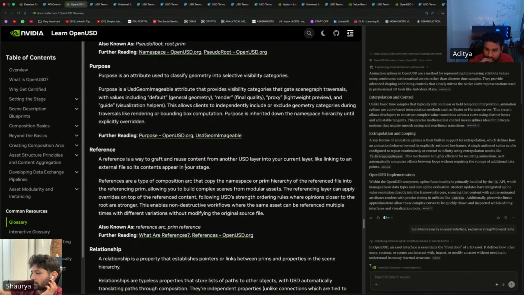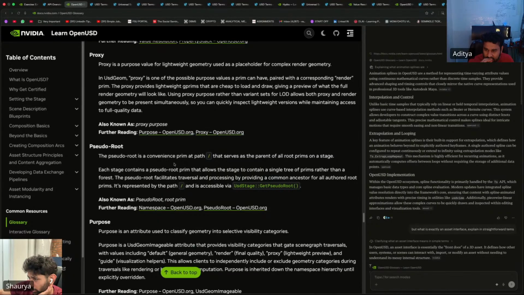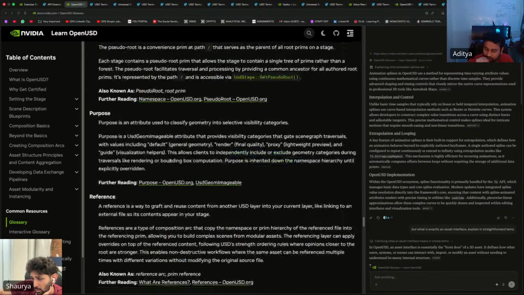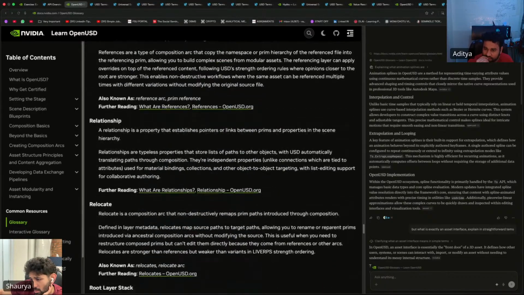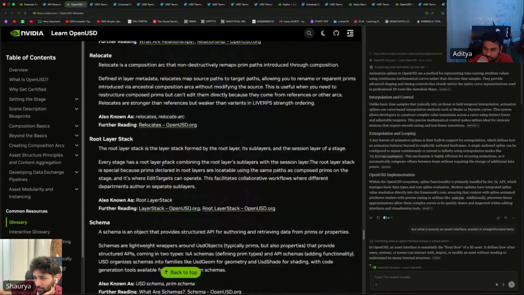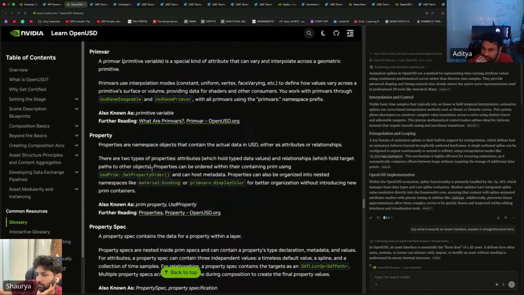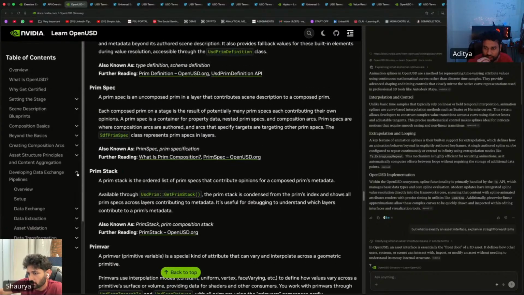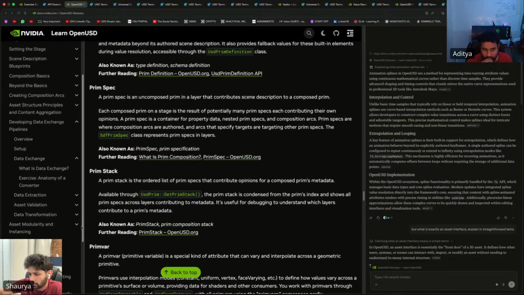I know, but I don't think we'll have to go into depth with everything in the glossary. Do we usually go in depth with most things? Like we spend an hour on every concept. We'll see, bro. We'll complete the glossary first, because that is important, and then data exchange, this part, and then the instancing.